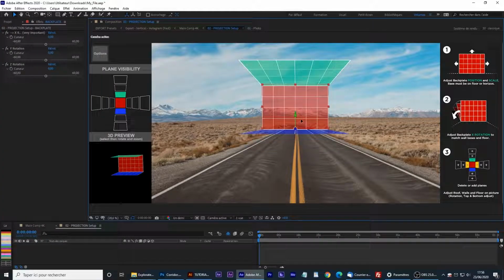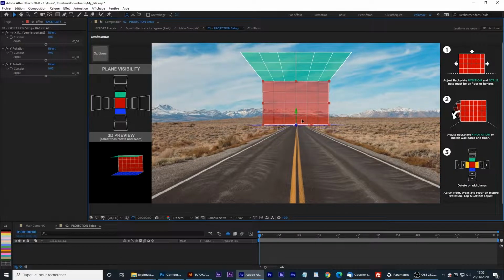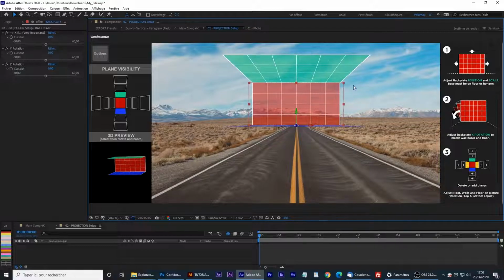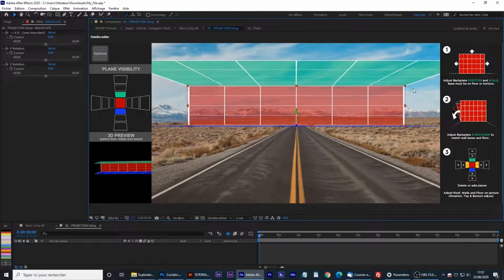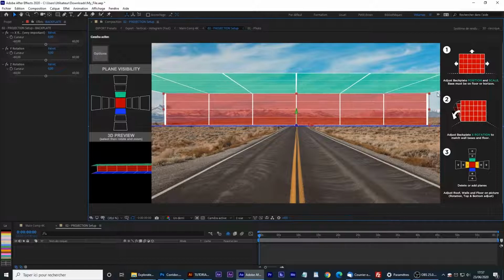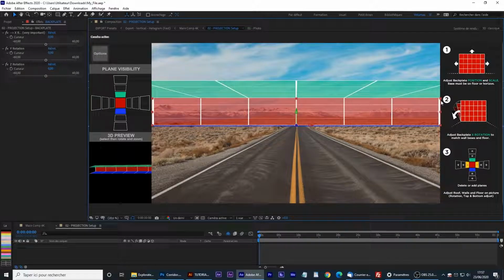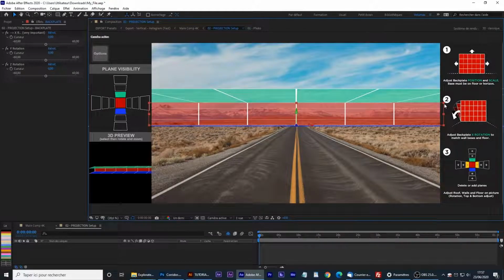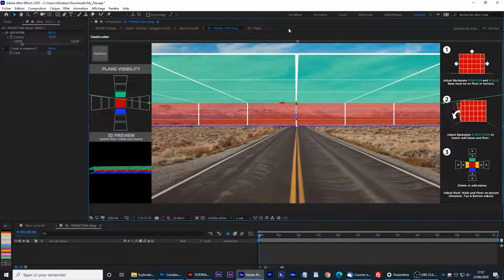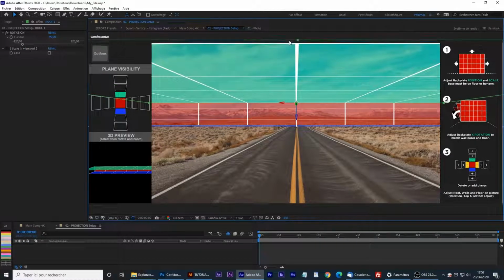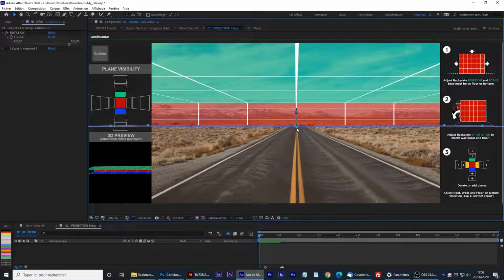I'm going to make the floor match at the end of the road here. Then I'm going to make my backplate fit on the mountains because I want to tell Volumax Projector that this is the background, the farthest zone in my picture. I'm going to leave this like a ceiling for the clouds,